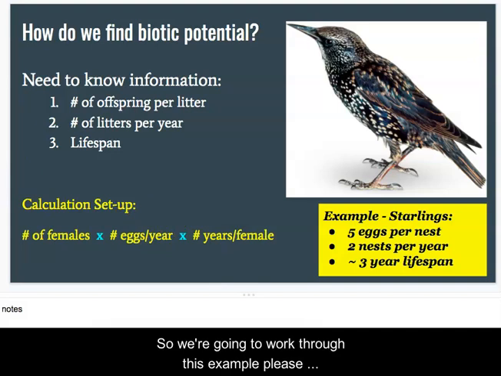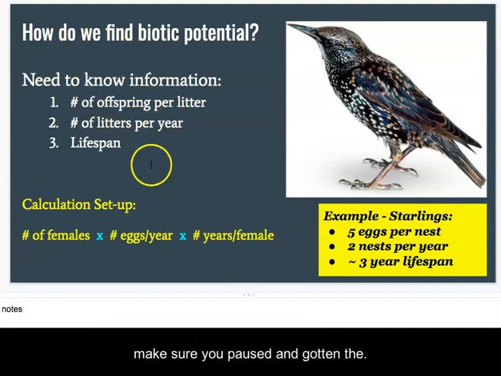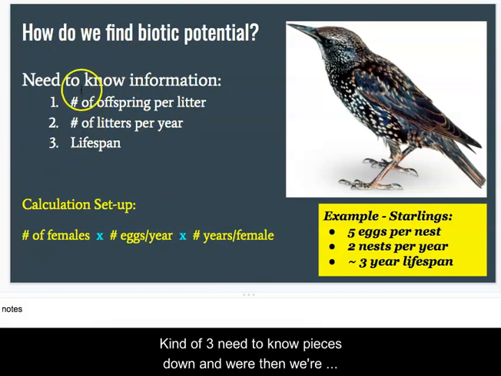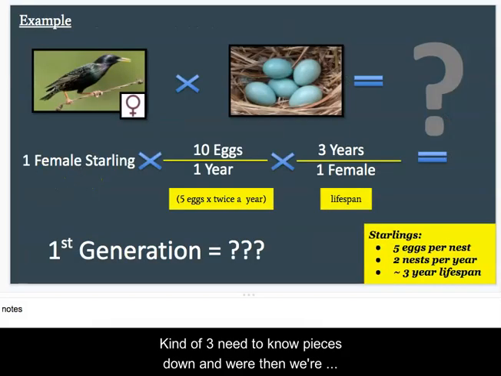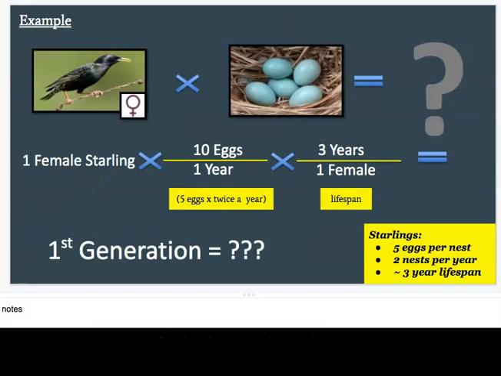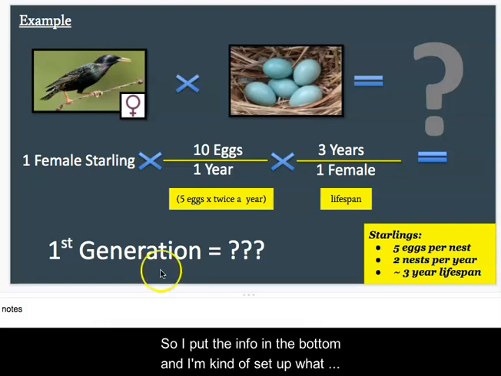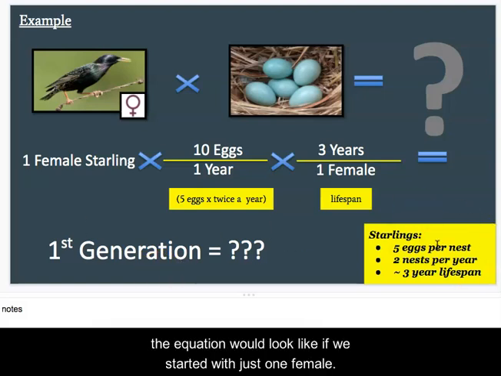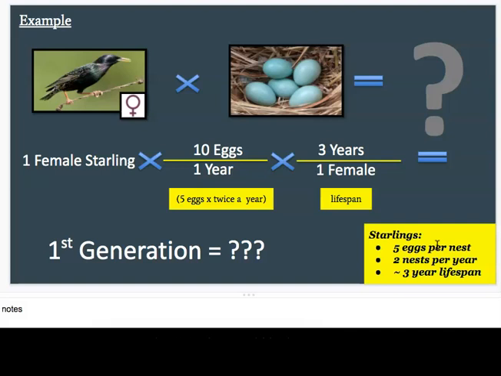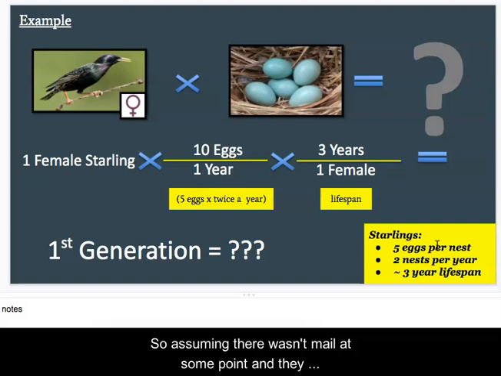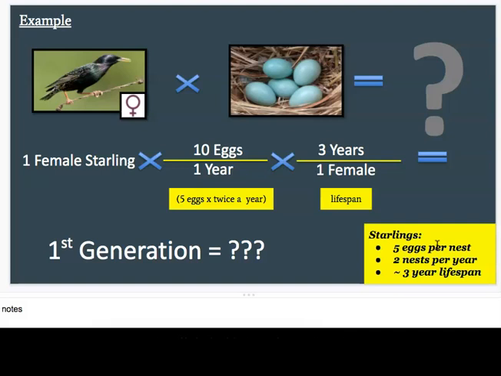So we're going to work through this example. Please make sure you've paused and gotten the 3 need-to-know pieces down, and then we're going to work through it. All right. So I put the info at the bottom, and I've set up what the equation would look like if we started with just 1 female. Assuming there was a male at some point and they did their thing, we have 1 female who's going to have babies. We're going to calculate that female's biotic potential,